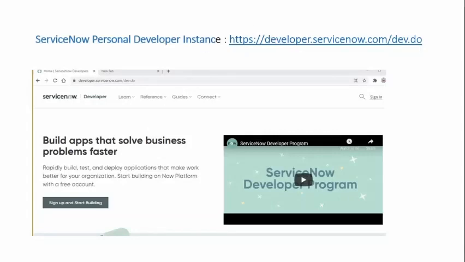You can sign up, create your profile, and log in. You can get a feel of how ServiceNow looks and start doing a little bit of customization. You can get to know how each and every form looks and what classes there are in ServiceNow, and you can explore the developer instance. This is the main, important thing. You should create your profile and start using it, so you'll get a better understanding of ServiceNow.